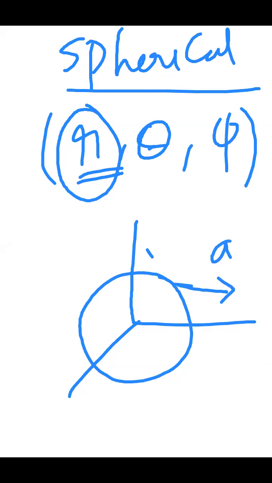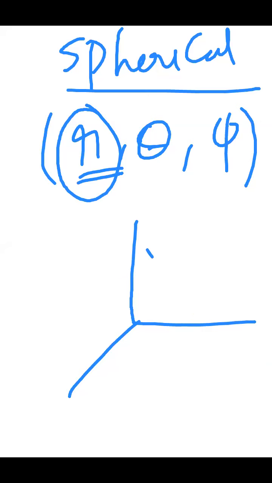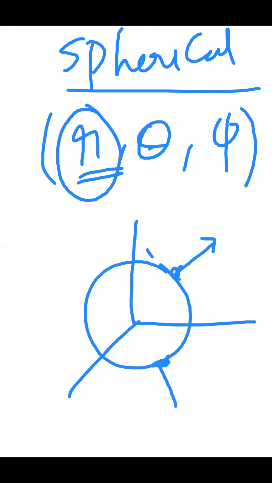AR. Can my surface vector be like this? It is not, because my surface vector always has to be perpendicular to the surface. Wherever you are, whenever you are here, your surface vector has to be like this. Whenever you are here, your surface vector has to be like this, because that particular vector has to be perpendicular to the surface.